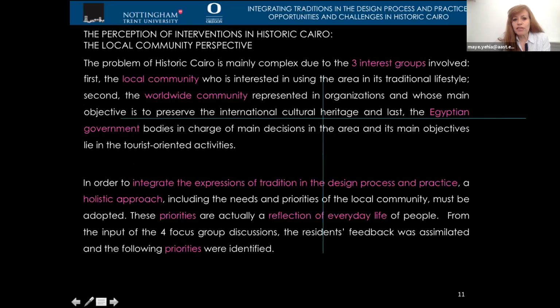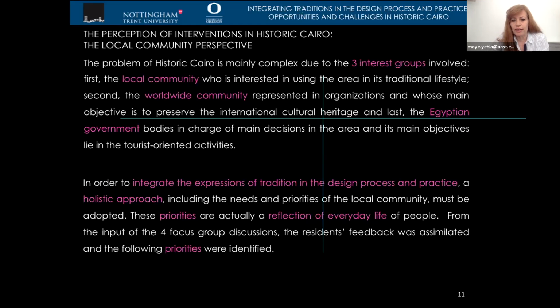So the problem of historic Cairo is mainly complex due to 3 interest groups involved. First, the local community, who is interested in using the area in its traditional lifestyle. Second, the worldwide community represented in organizations whose objective is to preserve the international cultural heritage. And last, the Egyptian government bodies in charge of main decisions in the area, and its main objectives lie in